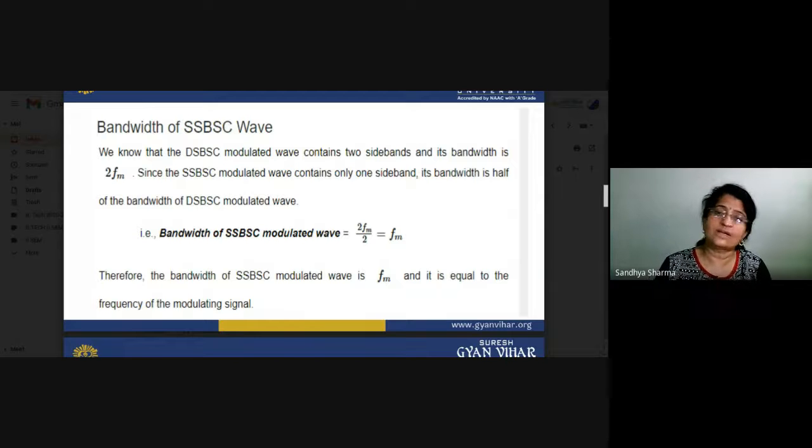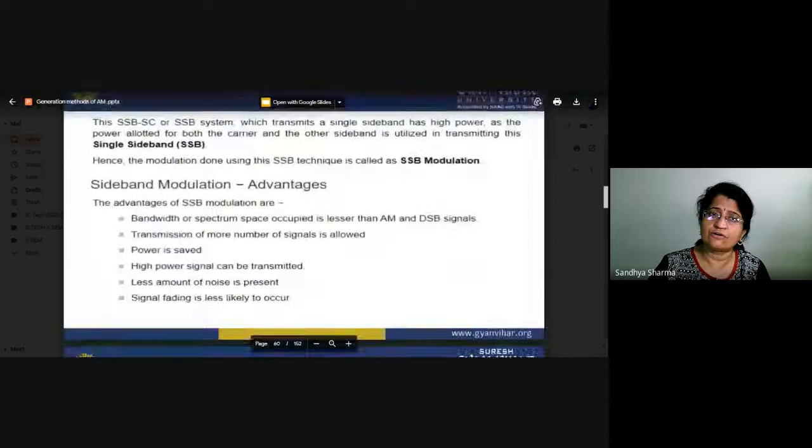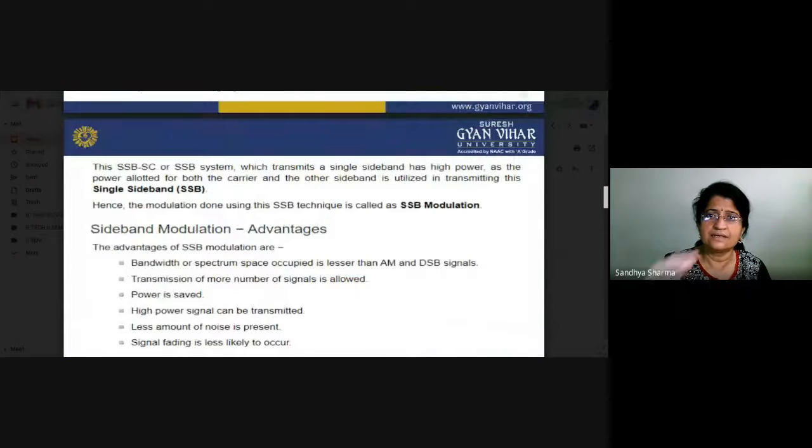We want to transmit our signals using low bandwidth, because bandwidth requirement plays a very major role in our communication system, and we have to pay the cost for our bandwidth purchasing. So for optimization purposes, we always have to conserve the bandwidth. If we are talking about the SSB-SC signal, half of the bandwidth can be used for transmitting the signal. So this is a very good advantage of our SSB-SC signals.